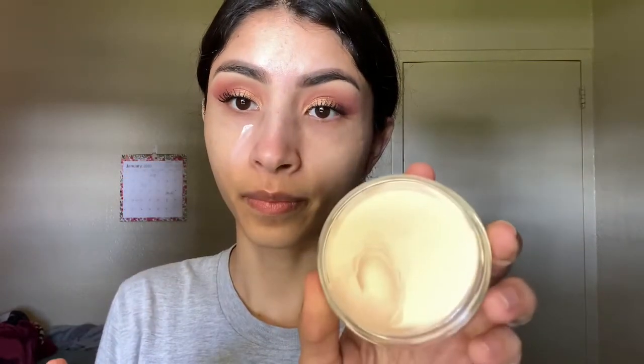Going on to the base of my makeup, I'm going to prime my face using the e.l.f. Poreless Putty Primer. I know everybody's been raving about this primer for quite some time, and I've used a decent amount of it already. I really like it. I feel like it does really smooth out your skin, and this is obviously pore filling, so when you're taking off your makeup, you really want to make sure that you take it off completely